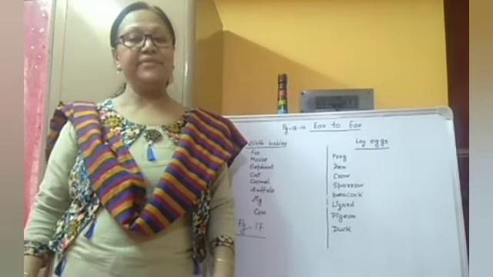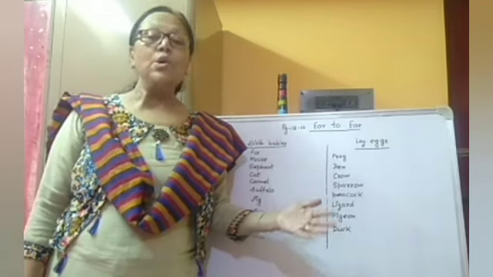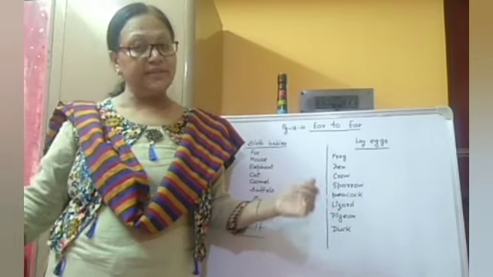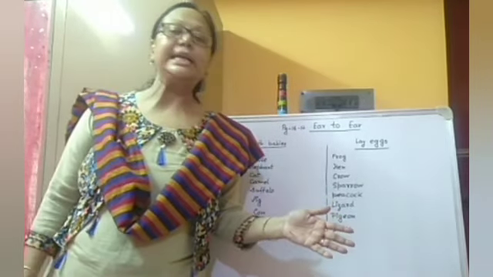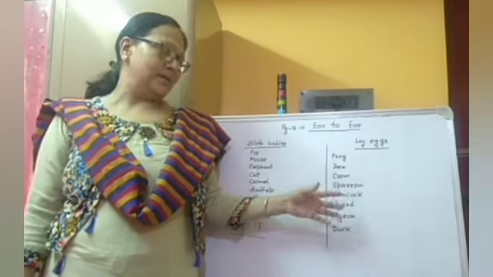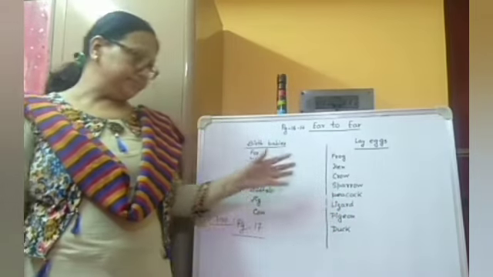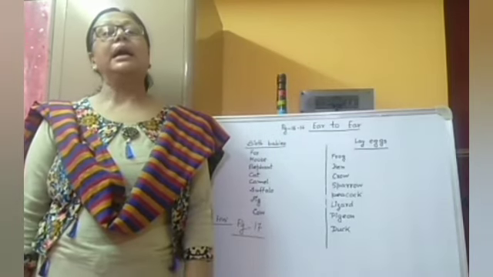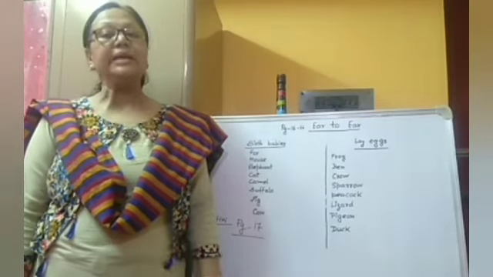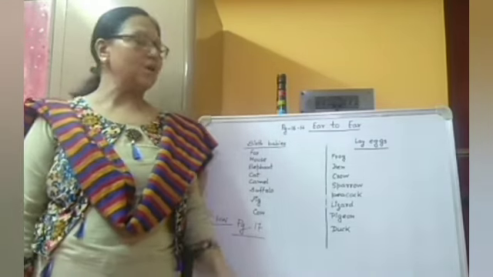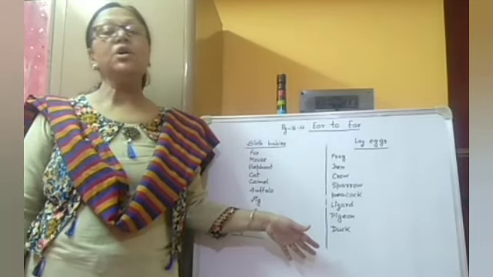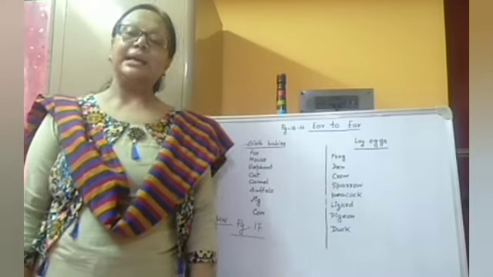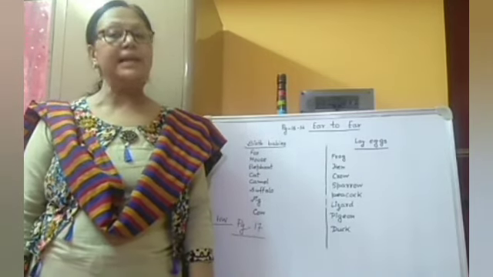So here we can identify the animals who have no external ears. Either their body is covered with feathers or scaly skin. So they all are laying eggs. But the animals who have surface body hair and external ears, they are giving birth to the young ones. So that's how we can categorize and identify any kind of animal, whether they are giving birth to the young ones or whether they are laying eggs.